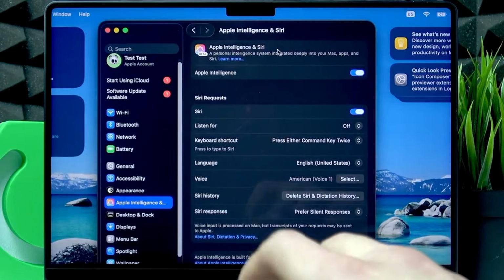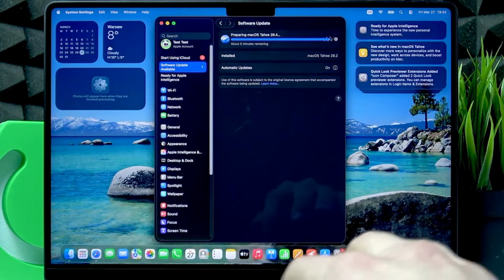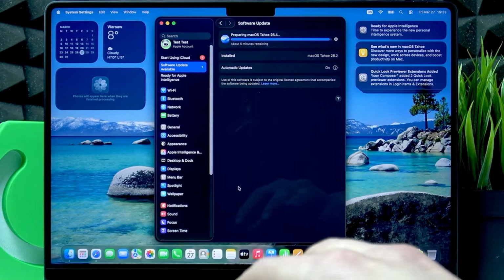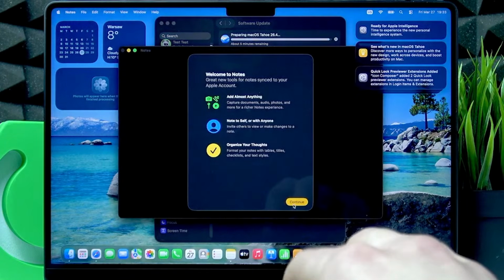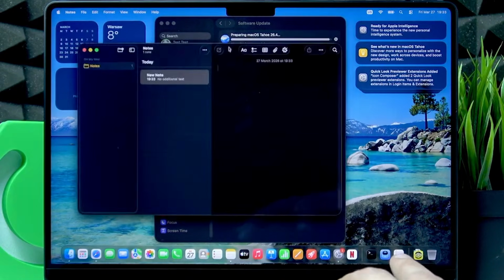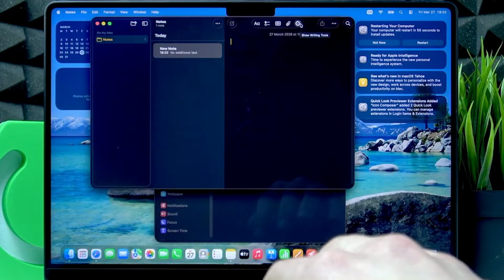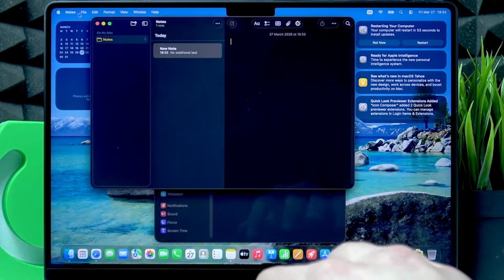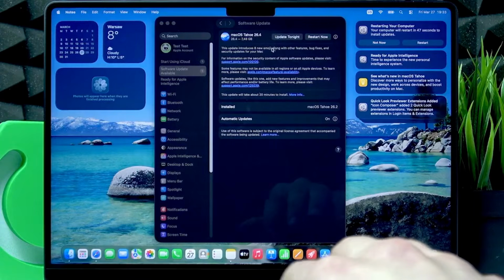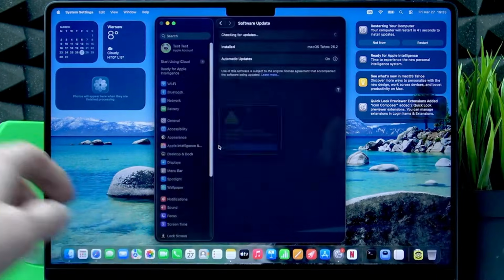Okay, so this time we actually didn't have to install anything. Sometimes these updates are available to use straight out of the box, if I can say so. So right now we can open, for example, the Notes application, and we'll see these writing tools in here. The laptop will restart because of the OS update, so I'm going to restart it. And so yeah, that's how you enable your Apple